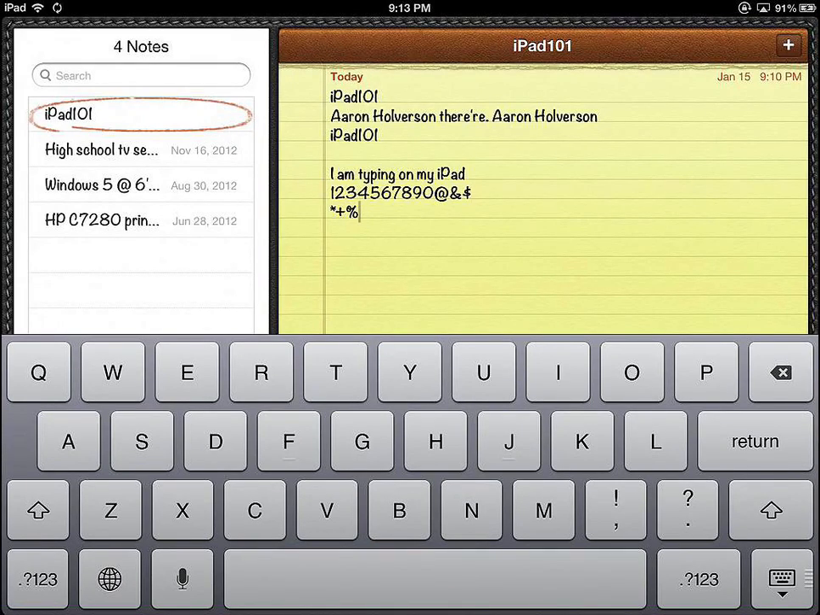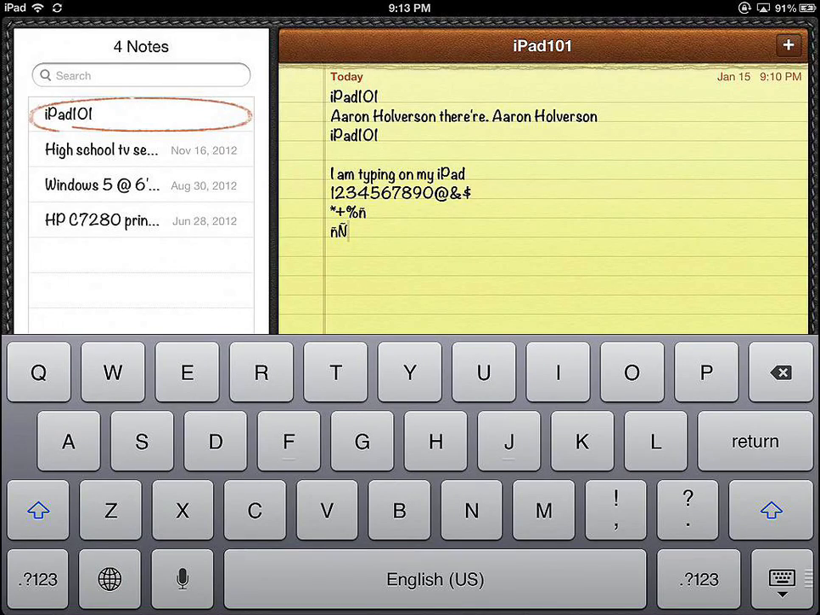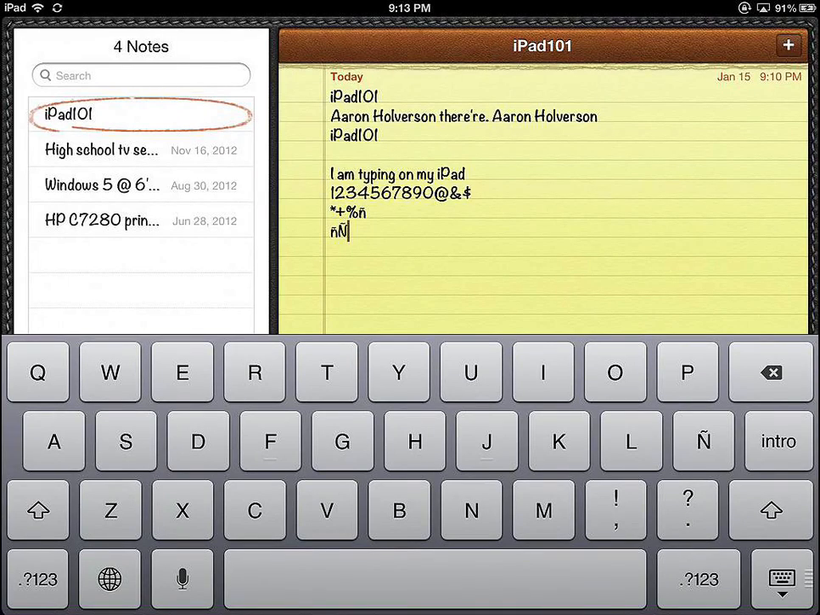Hitting the ABC, I'm going to now tap and hold, go to my Spanish keyboard, and that's where I can use my keys and my characters with accents above them. So that's the example of using an alternate keyboard. If I just tap the globe, it switches between US English and Spanish. So I'm going to tap back to using my US English,